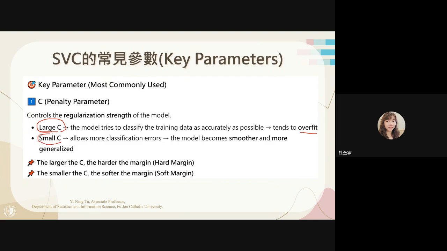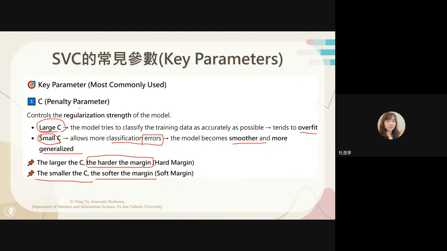But with small C, it will allow more classification error. The model becomes smoother and more generalized, but usually has decreased accuracy. 这样 accuracy 会比较低. So the larger the C, the harder the margin. 这个边际会更明显. The smaller the C, the softer the margin. Yeah, this is the first one, 惩罚系数